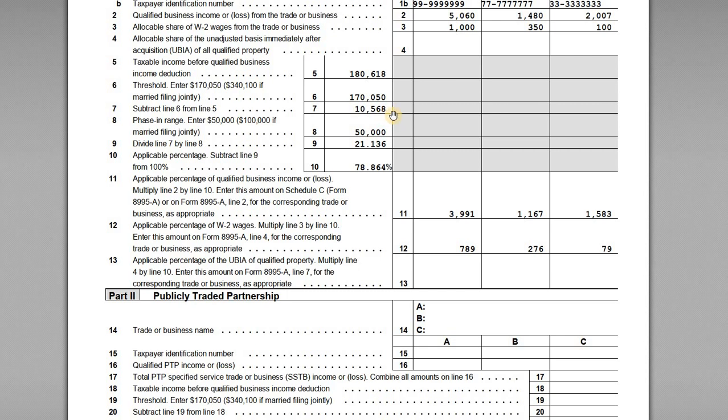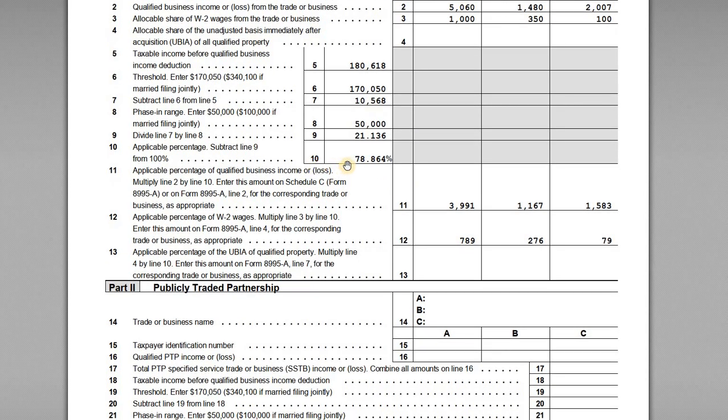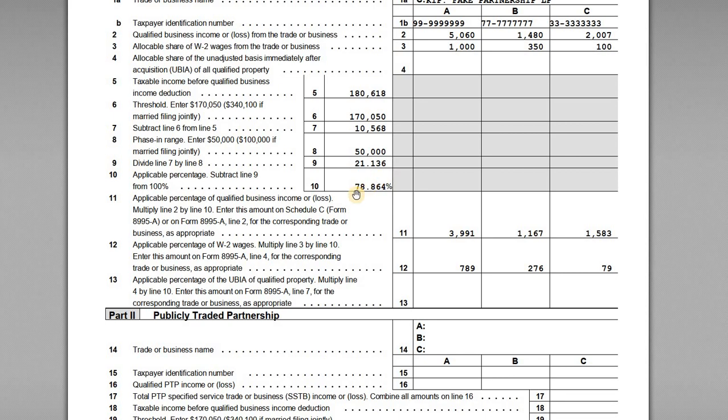So we have the $10,568 divided by the $50,000, and we get a percentage of 21.136%. Now the applicable percentage here on line 10, you take that figure, subtract it out from 100, and we get the adjusted percentage that we have to apply to these amounts of